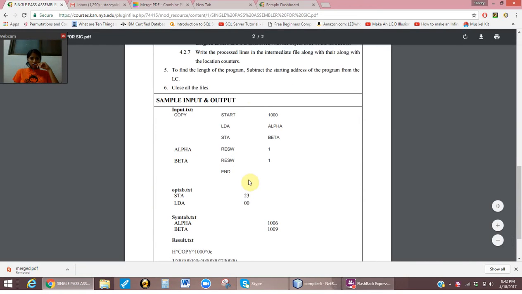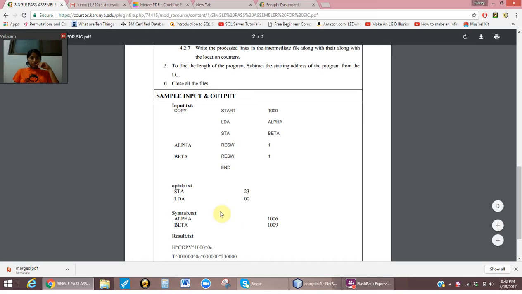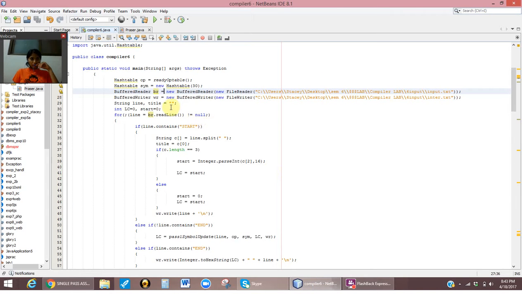code here, input and optab. So this is just being taken in from the two text files, and then over here it will encounter a string line and title, which is just an empty string, and then over here we're setting a local counter and start to 0, and then